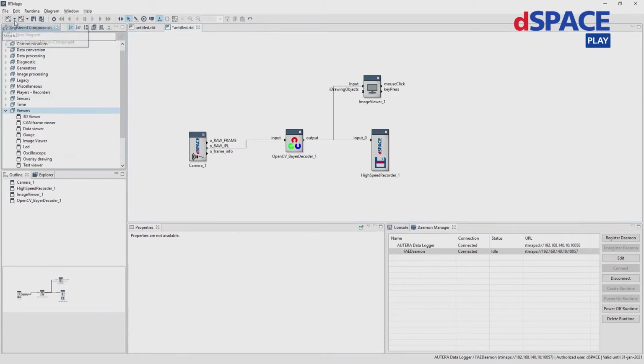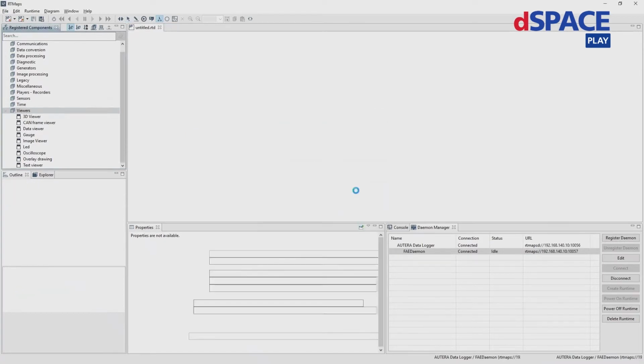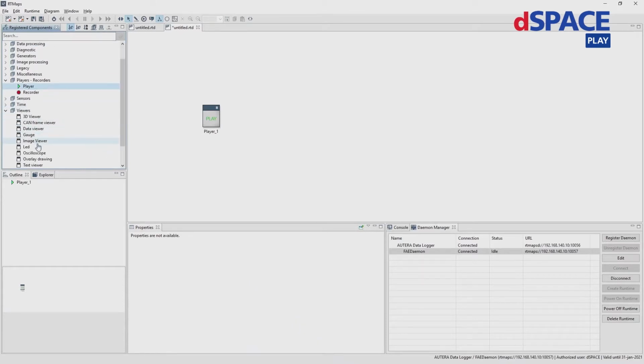For that, I will use the replay function. So I will use the player component and again the same image viewer.